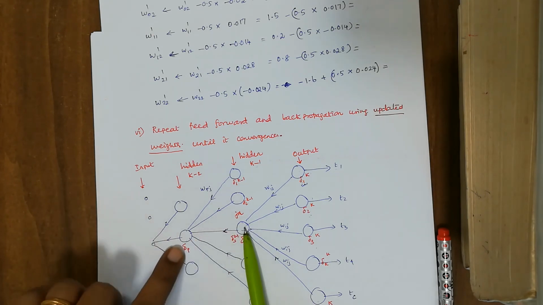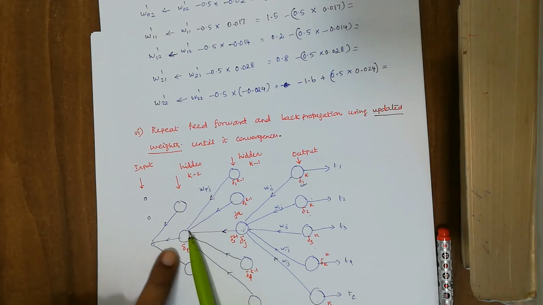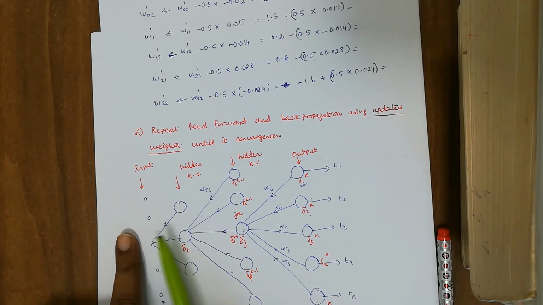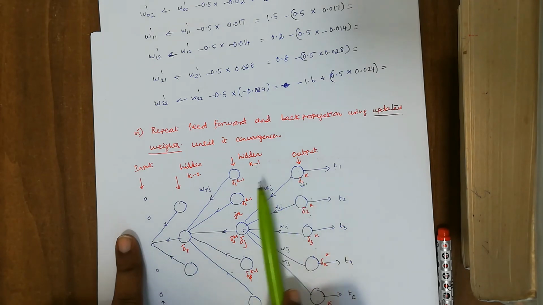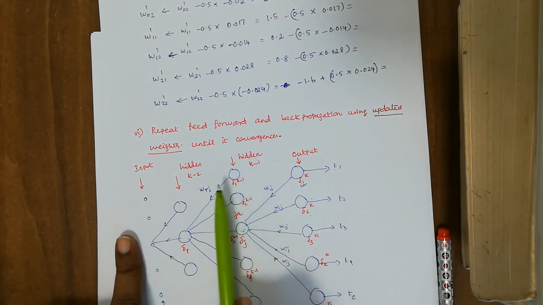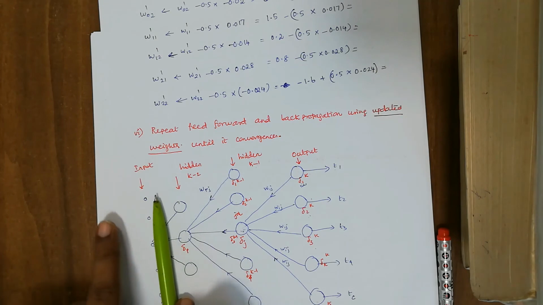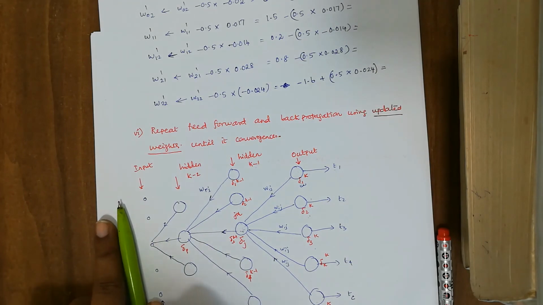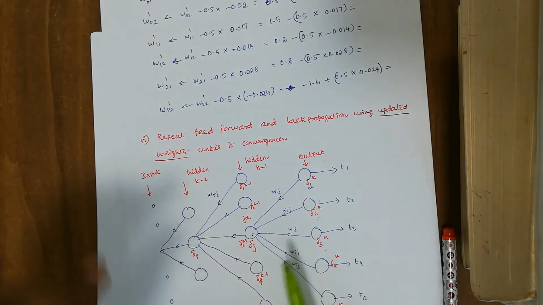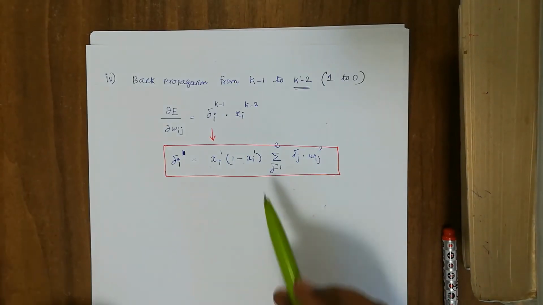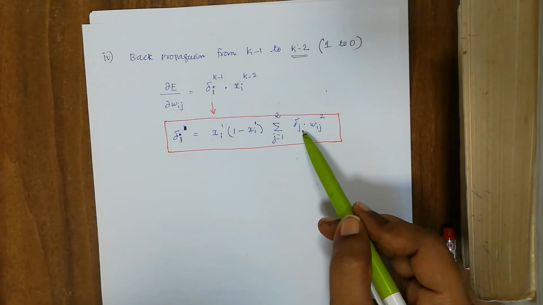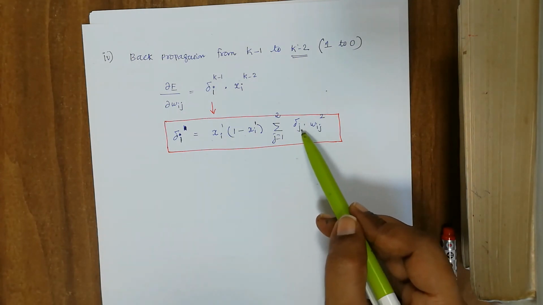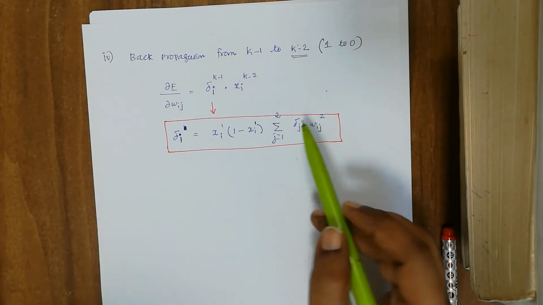Similarly, we have to do the same process until it reaches the input layer. So the effect of the actual error E gets propagated to the previous layer and to the previous layer and so on until it reaches the input layer. So that is what we have taken, the summation over here from all the next layer errors that we have calculated.